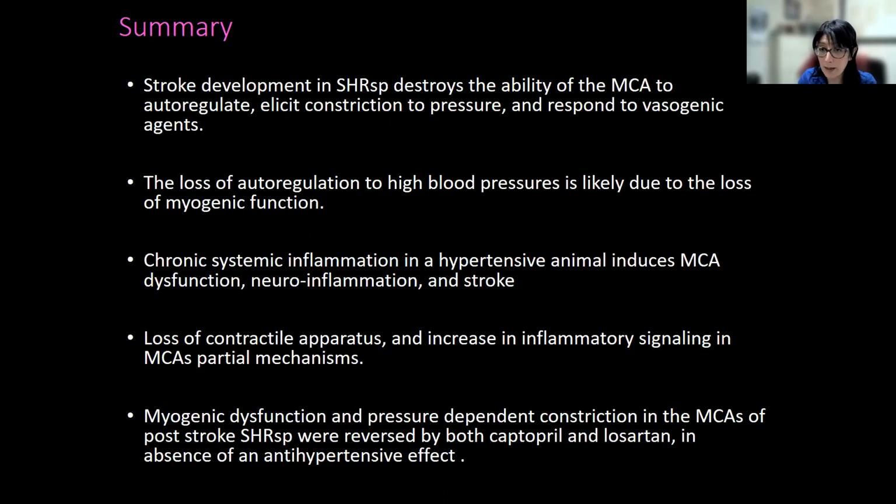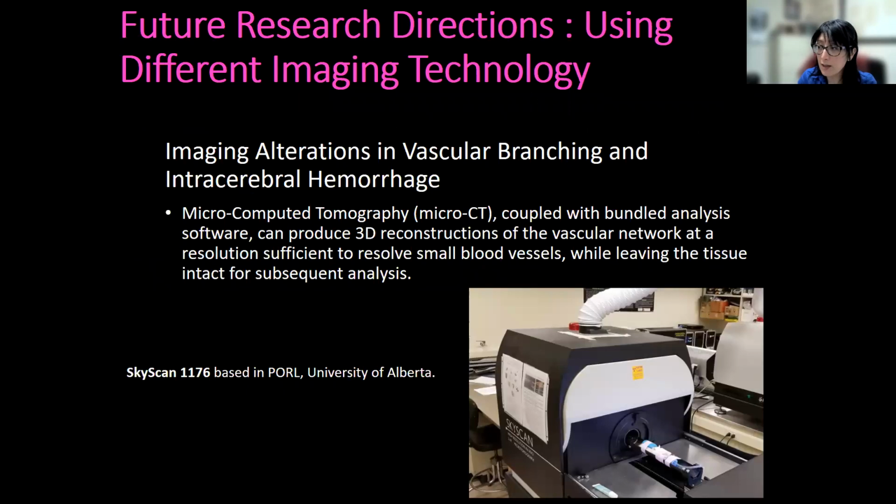effect that we anticipated. So our future directions really is to be able to use different types of imaging technology to be able to ask further questions. So we want to take a look at the imaging alterations that can occur with the vascular branching and intracerebral hemorrhage. With work that we've been doing with our colleague at U of A, we've been looking at the use of microcomputer tomography coupled with bundle analysis software that can produce 3D constructions of vascular network at a resolution that's sufficient to resolve small blood vessels and have the tissue intact so we could do subsequent immunofluorescence